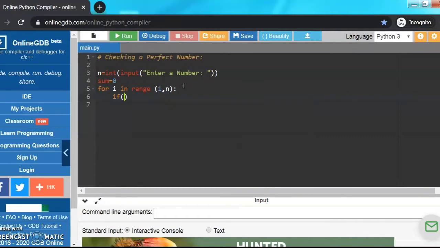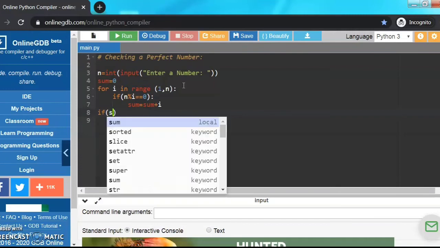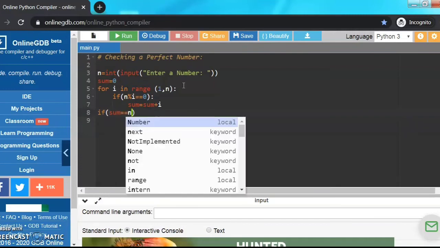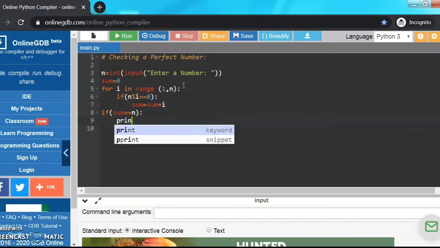If a condition statement, n mod i, we're checking if the remainder is double equals to 0, then sum is equal to sum plus i. So the factor will be added in the variable sum. Now with the indentation of the for loop, another if statement, if sum double equals to n, that means if sum is equal to the number, then print